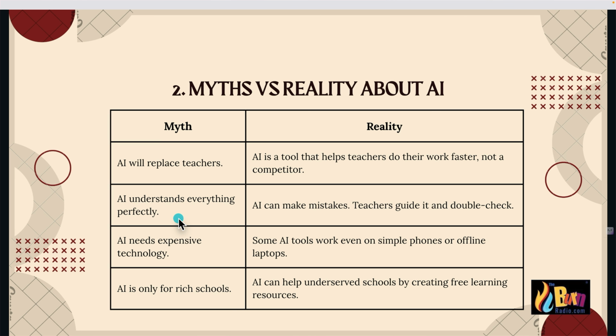Some people say that AI understands everything perfectly. No, that's not true. AI can make mistakes. In fact, AI knows as much as it has been trained on. So, for example, it does not know that we are having a session now because no one has trained it that there's a session ongoing. All right. So AI can make mistakes. Teachers have to guide it and double check in order to ensure that it gives them the best information